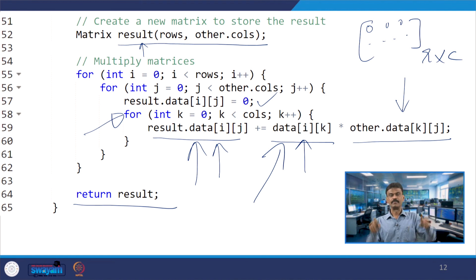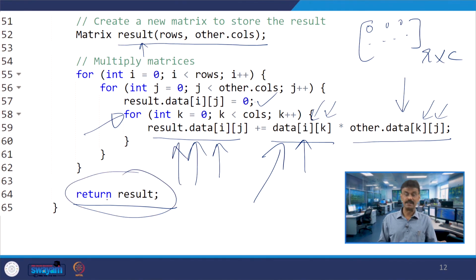As I said, every row, for example, A00 if I take, the other matrix column will be multiplied. Exactly it is doing this, you have the index ik and here you have kj, right, and then initially you have initialized to 0. So, whenever you are doing this component wise multiplication and then adding, the resultant will be there, alright. Then you are returning the result, you understand.